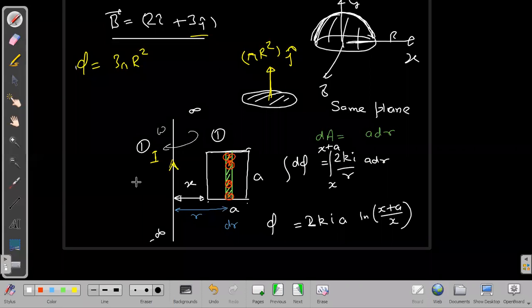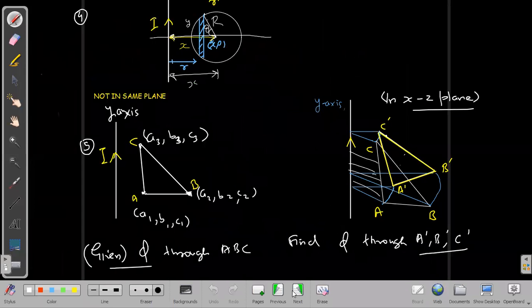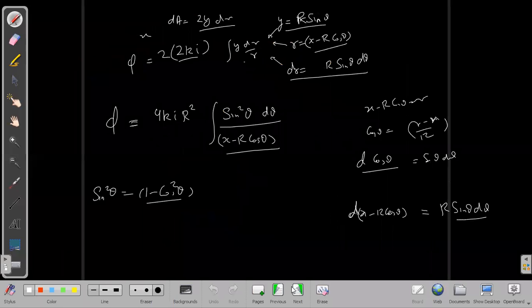Yes, sir. That is what I was trying to show from those diagrams, but I was not able to do it properly. It is just that this rotation does not change the flux if rotating about the same axis. That is what I wanted to tell in that. Anyway, next.